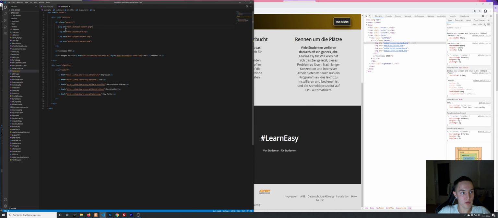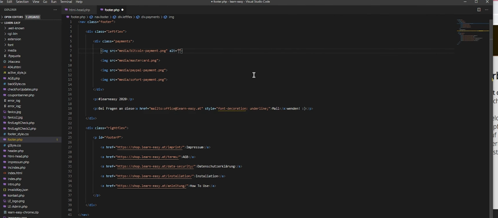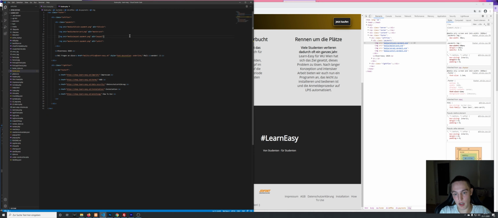So once you found it, you go to the image element and you just type in alt equals whatever you see, Bitcoin. If it's a call to action, add the call to action. This is MasterCard. This is PayPal. And this is support. The reason why this is important, because visually impaired users cannot see the picture and it will